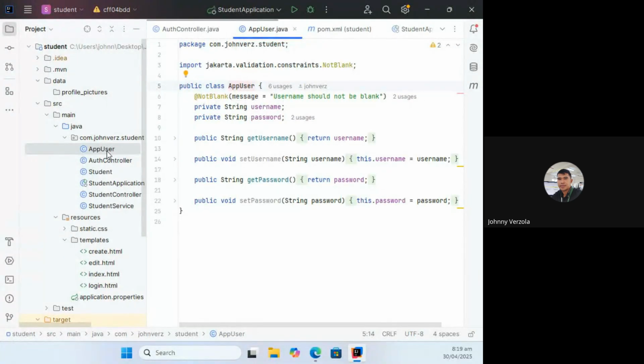So this is about authentication. When you hear the word authentication on any application, it's a process of identifying the user by means of username and password. It's a way of protecting your data, basically a security feature.